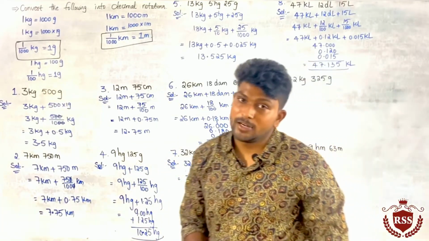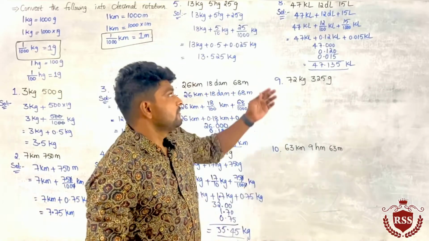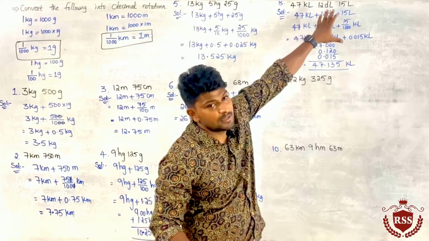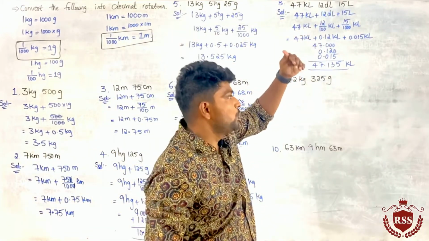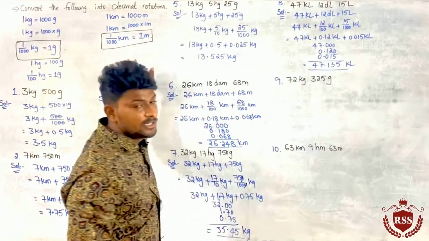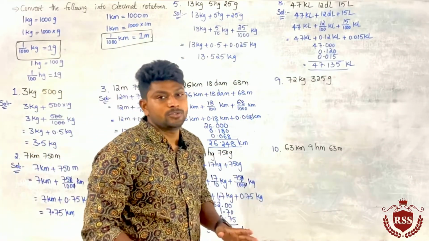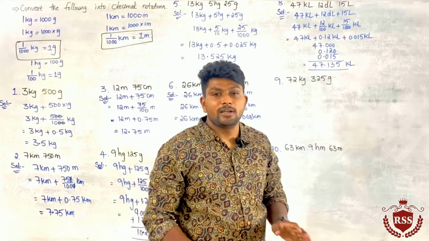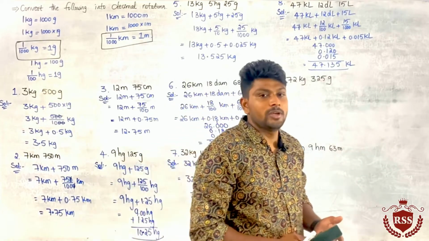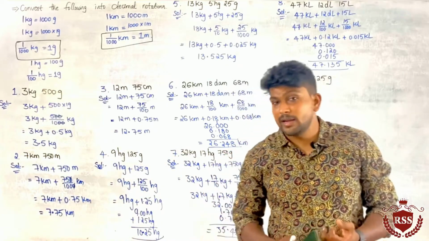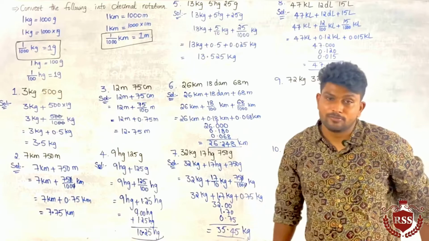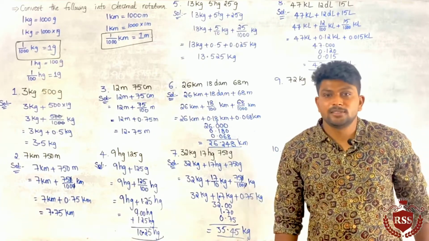Please concentrate more here. We have to convert these three different units into one unit, that is kiloliters. That is what we have to do in the decimal notation. Very important question. Definitely we get it in all the examinations like Sainik School, Navodaya, Rashtriya Military School and RIMC. For all these classes this is very important, for both 5th class and 8th class.